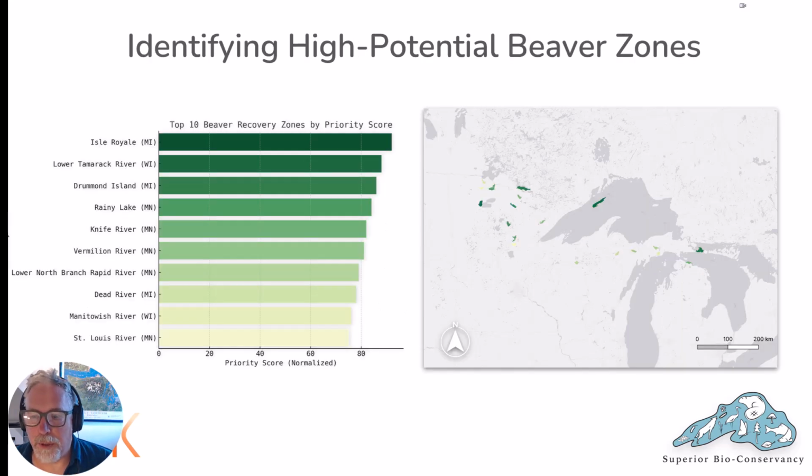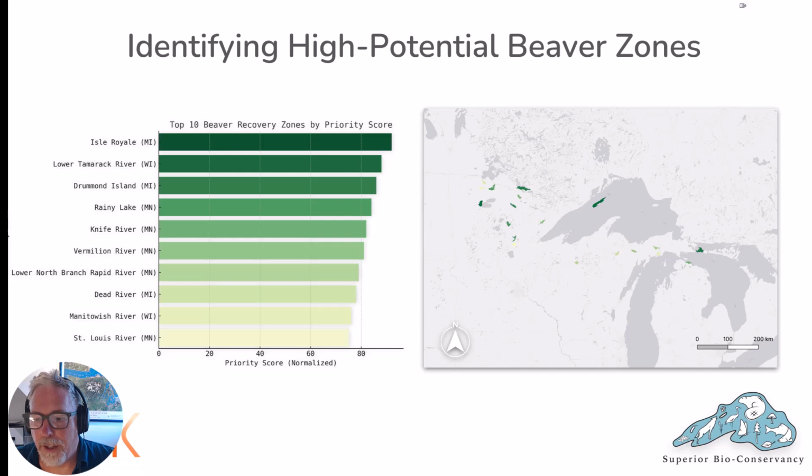To prioritize the beaver recovery zones, we developed a composite score using 3 variables: wetland acreage, forest acreage, and total stream length. These metrics serve as proxies for different carbon pools. Wetlands were weighted most heavily, 0.5, since they store vast amounts of soil carbon. Forests were weighted at 0.3 to represent above-ground biomass, and stream miles were weighted at 0.2 to reflect the likelihood of beaver pond formation. We then normalized these scores to a 0 to 100 scale so that zones could be